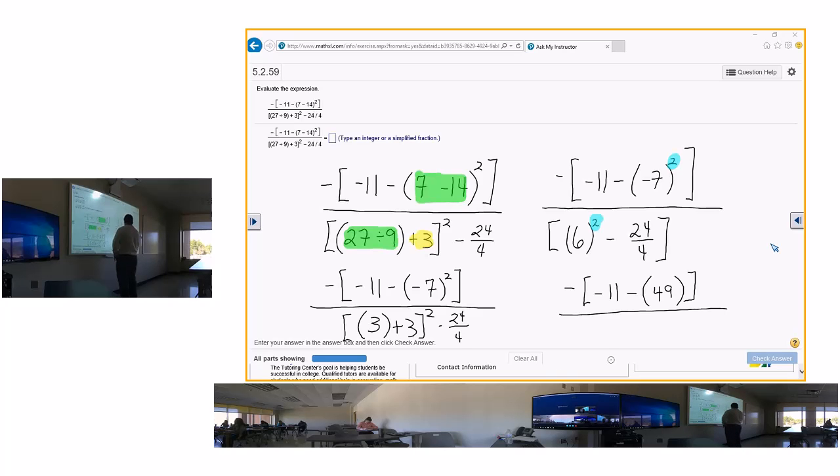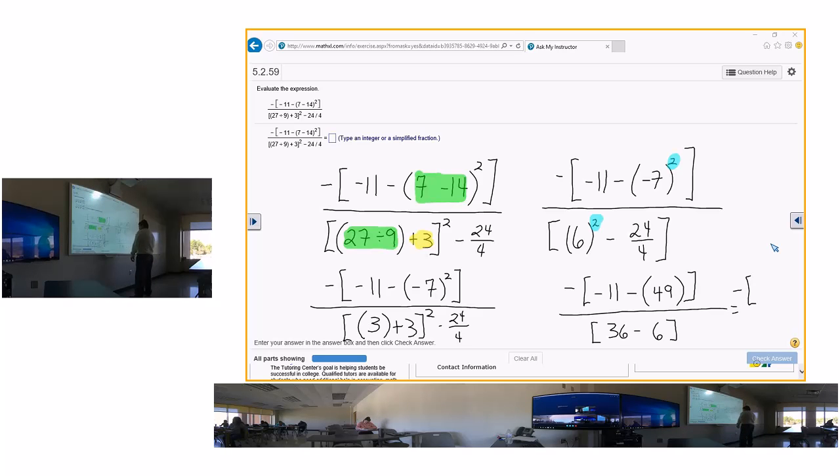6 squared is what? 36. Minus, and 24 divided by 4 is, and you can go ahead and knock that out too. I would just want to make sure we weren't going to get some kind of fraction or something, because that 24 over 4 just seems odd. Okay? Now, do the insides. So negative,